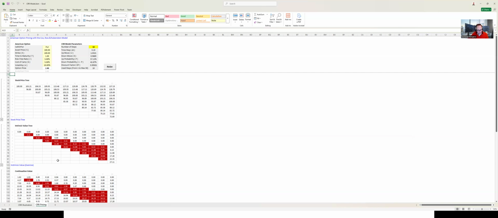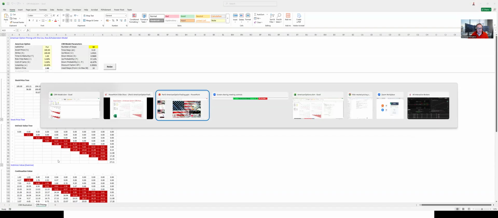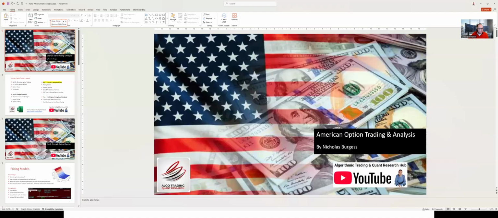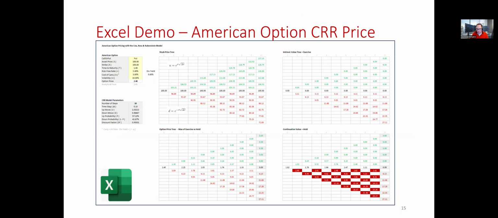Now, if I jump back into the slides, let's go back into the screen. So I wanted to show you this spreadsheet. I'll put the links to the spreadsheet in the comments. There's an American options spreadsheet, which has a Cox-Ross-Rubinstein model in there, which is just the 10-step one. But if you want the more elaborate one, it's a separate spreadsheet, and I'll put it in the links